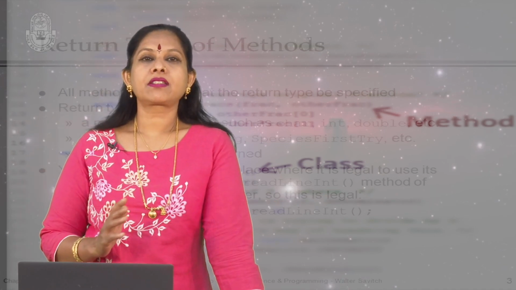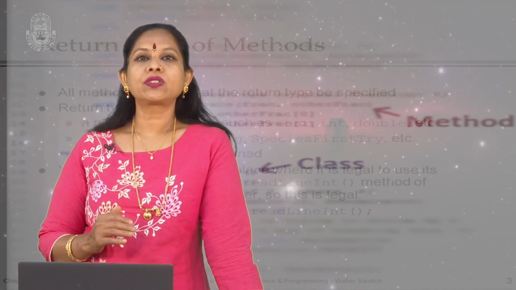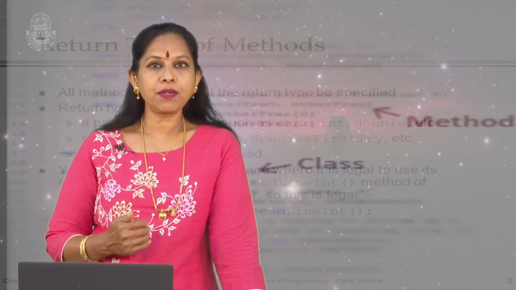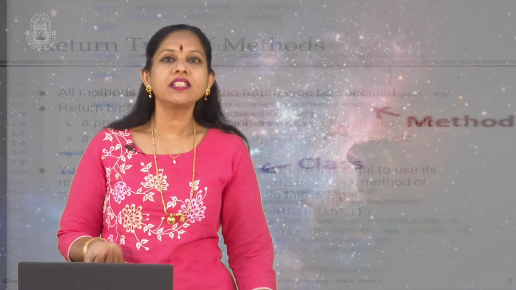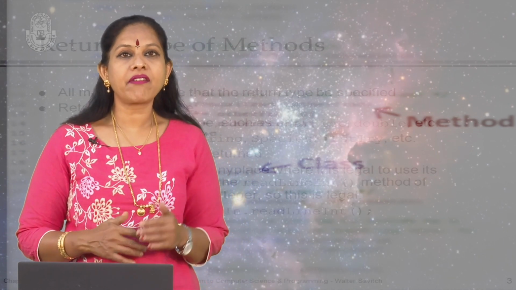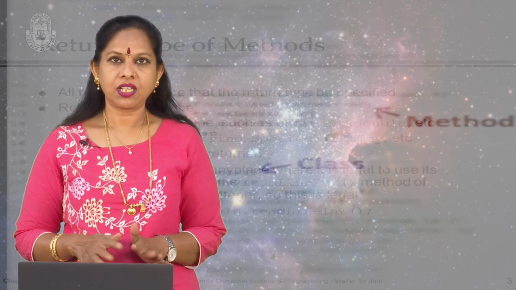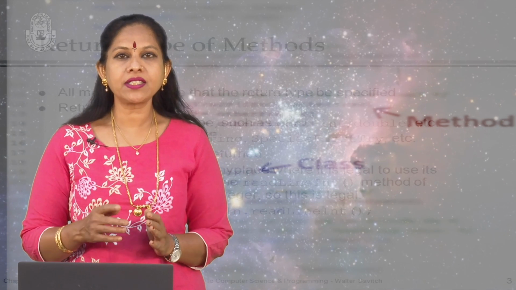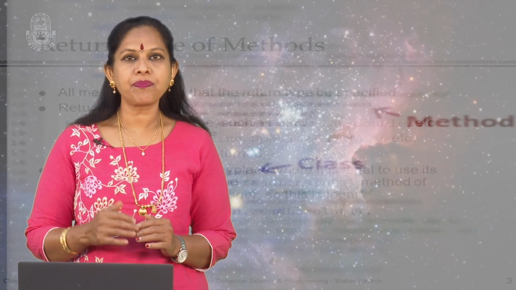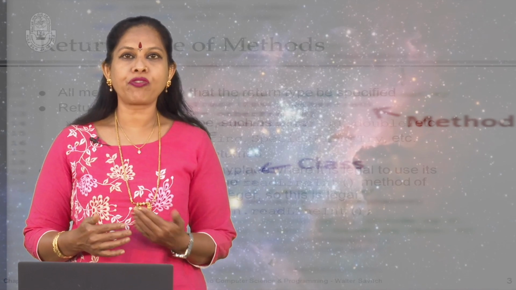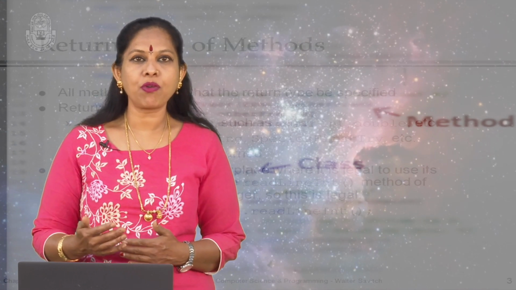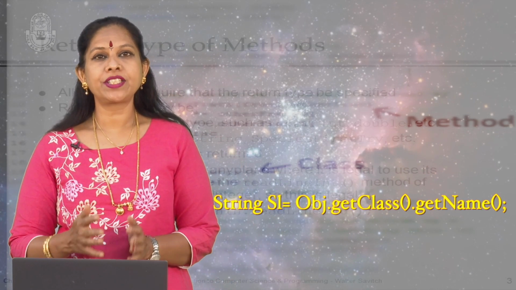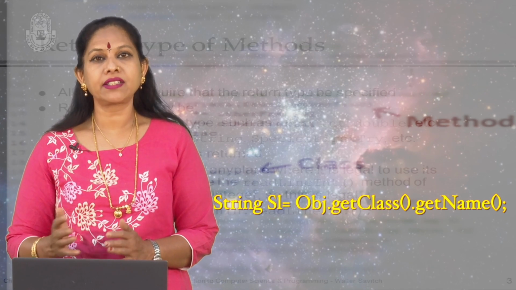To determine the class of an object, to find out the class to which the object belongs, the getClass method can be used. This method is defined in the Object class and is available to all objects. The Object class has a method getName which returns a string representing the name of the class. The following code fragment retrieves the class name of an object. String s1 = obj.getClass().getName();